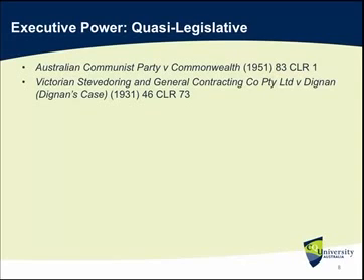So this is based on a Latin principle of delegata potestas non potest delegari. What it means is that one can only delegate power that one has, and one cannot delegate power that one does not have, which seems to be quite logical. So the power of the Australian Parliament to authorize or empower the executive to create subordinate legislation is limited to the scope of the heads of legislative power as stated in the Australian Constitution, especially in particular Section 51.